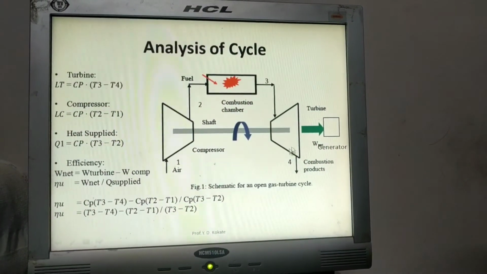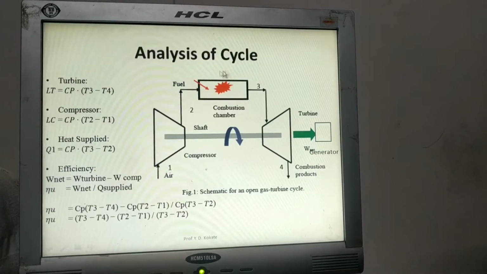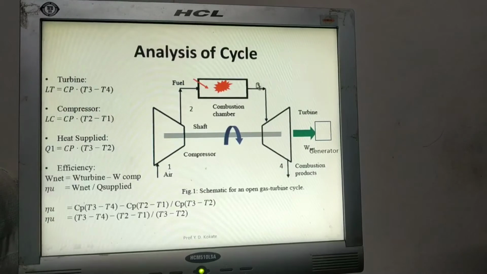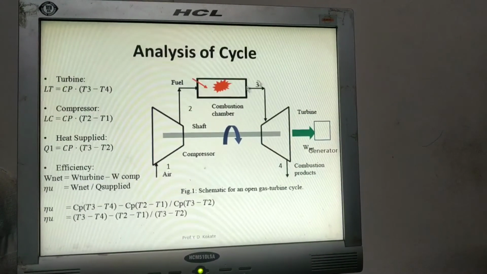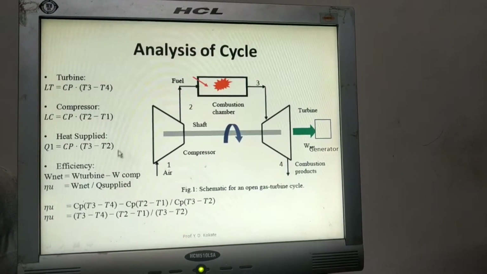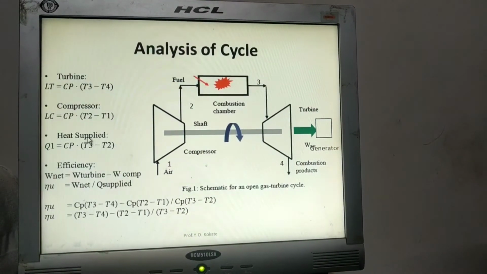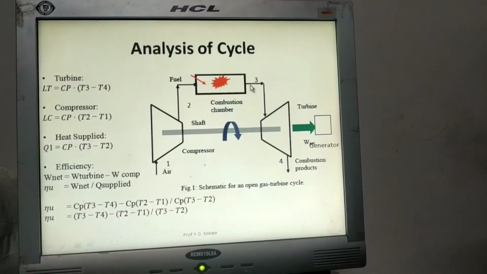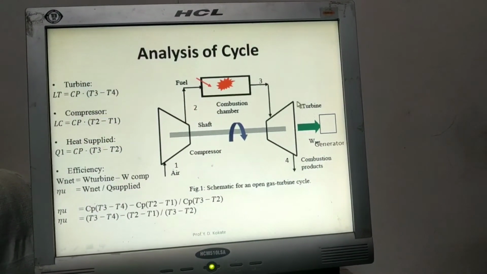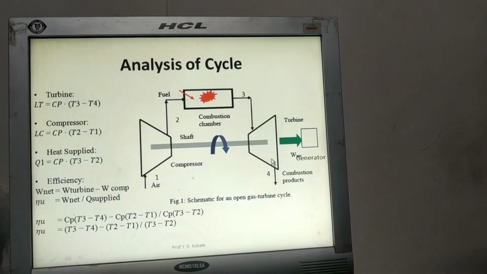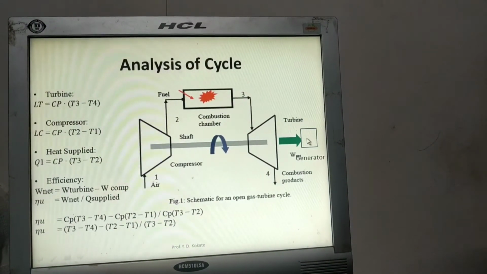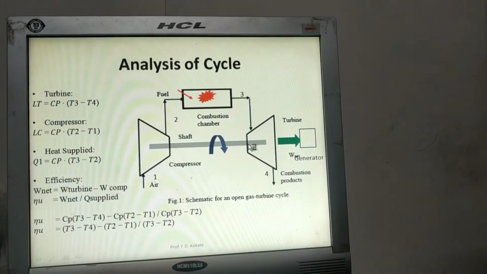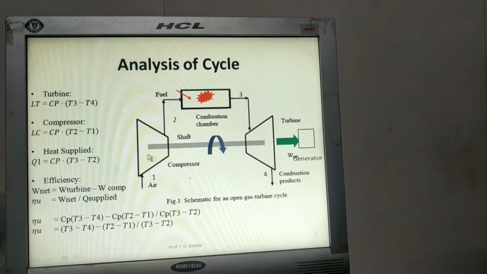To perform the work inside the turbine, we provide some input, that is fuel, that we calculated. Once the fuel is burned, the temperature of the flue gases increases from T2 to T3. So the heat supply inside the combustion chamber is nothing but T3 minus T2 into Cp. This is our input and we get the output in terms of turbine work done. But the whole turbine work done is not supplied to the generator to generate electricity. So we have to subtract the amount of work provided to the compressor.